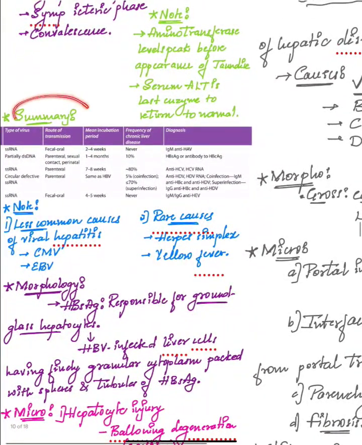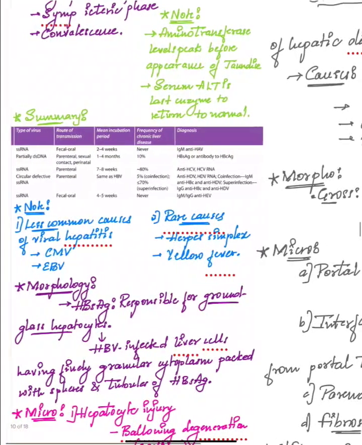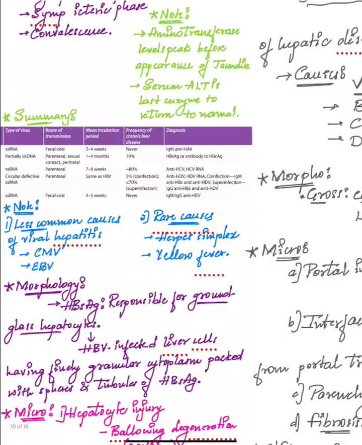So, the summary of the above mentioned hepatitis viruses. Types of the virus: ssRNA, fecal-oral route of transmission, mean incubation period is 2 to 4 weeks, frequency of chronic liver disease will be never, diagnosis is IgM anti-HAV. Then partial double-stranded DNA,